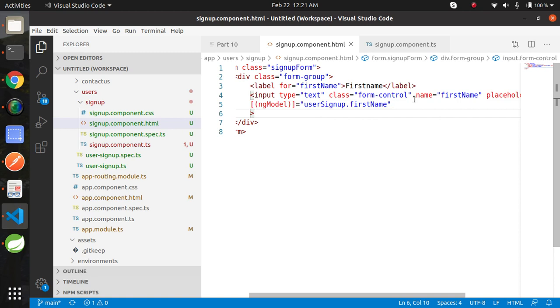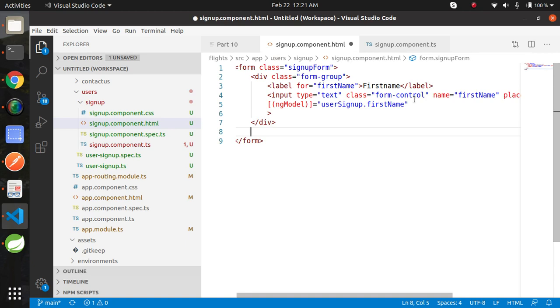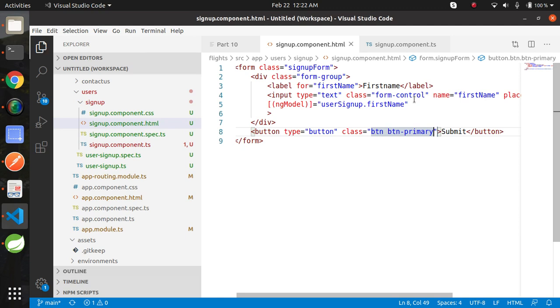Before adding validation, let's add submit button. Submit, type equal to submit, type equal to button, and provide class to this button. btn btn-primary.